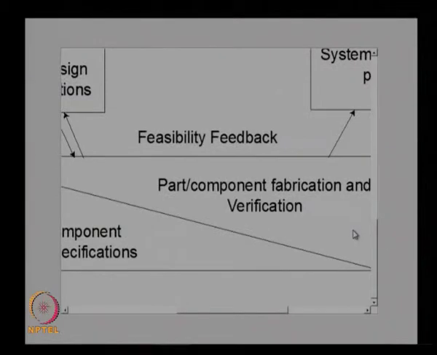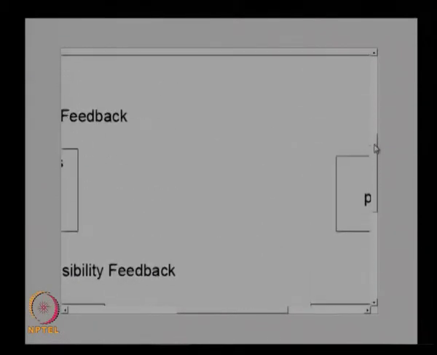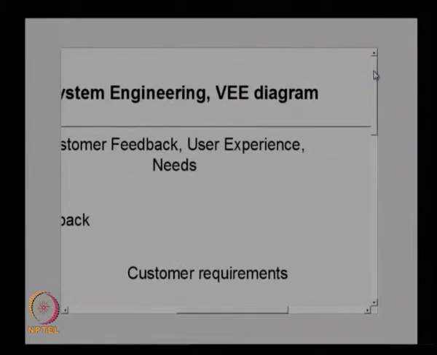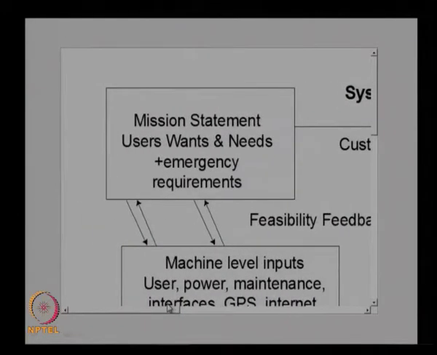So let us look at the system design aspect. What we discuss about the system V, basically we look at the system design from the system V process. So as we discussed earlier, we can actually develop a system V diagram to show how we actually go ahead with the design of the system. So in the system V, the process is like a V. So we start with the disintegration of the system and then we go for the integration.